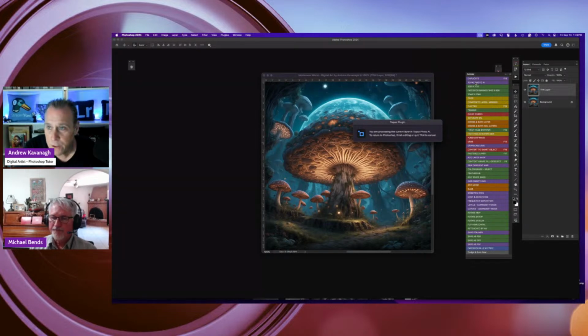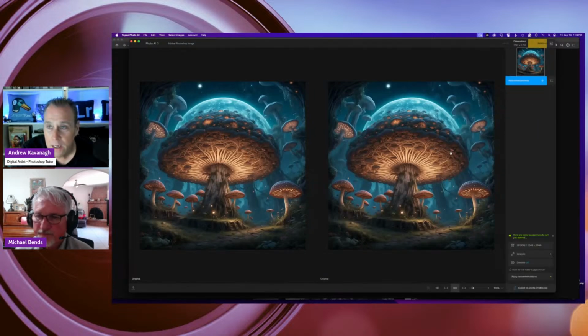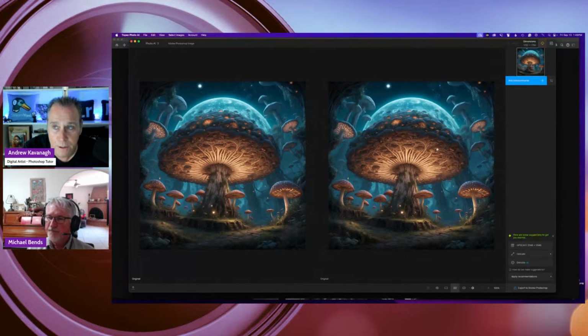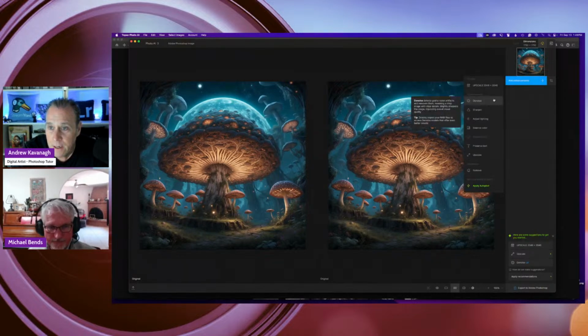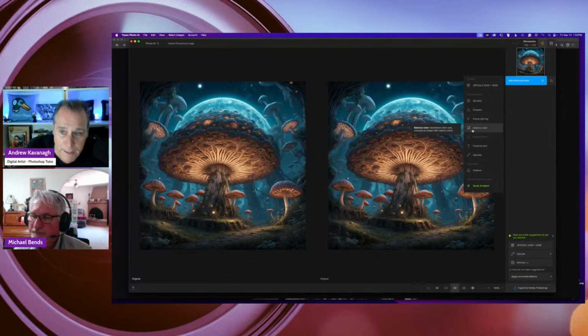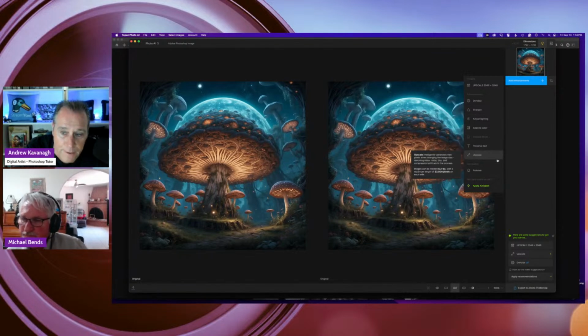It's reading the image. I don't know why it's slow. Okay. So then this comes up, and I see that there's an update to do, which I'll do afterwards, but there's a before and after. And then there's a series of different options that you can have. If you just go to add enhancements, there's denoise, sharpen, adjust lighting, balance color, preserve text, upscale, and then remove, like removing background.